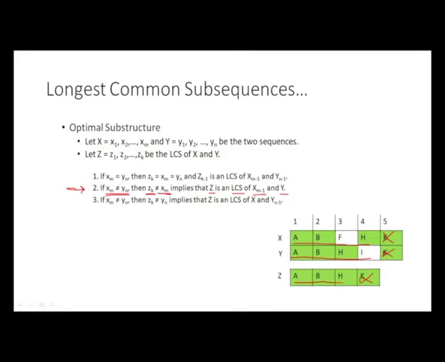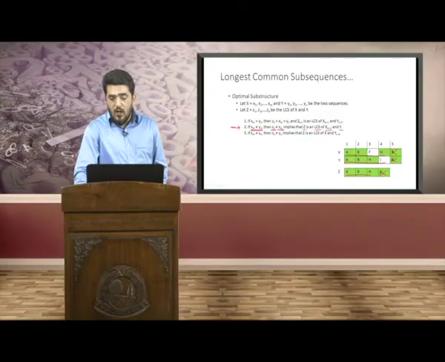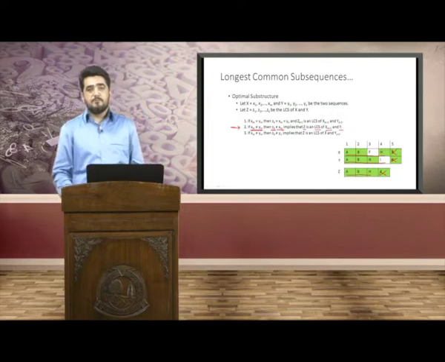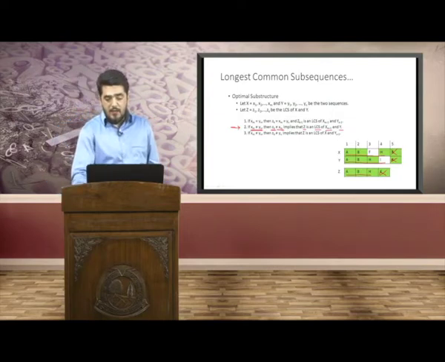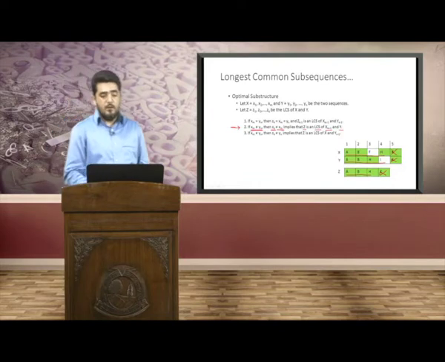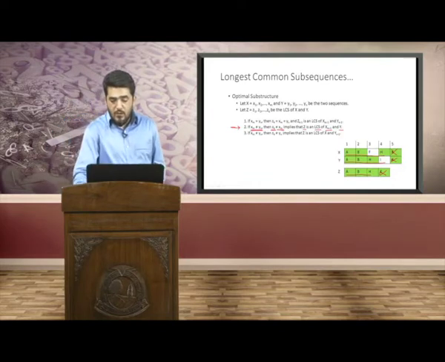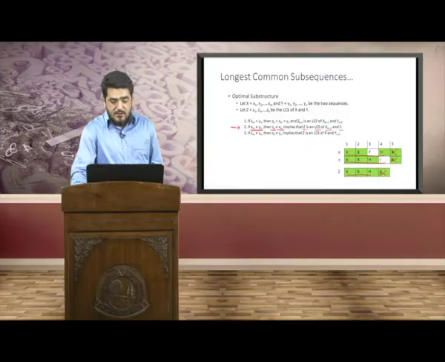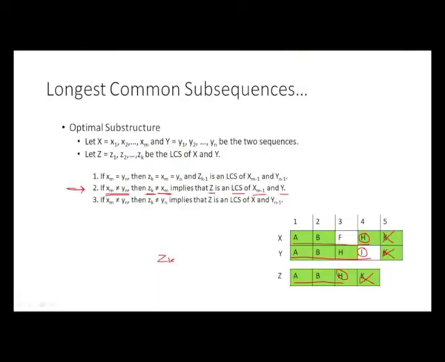Now the case here is the last characters of both these strings do not match, okay, and zk is not, let's suppose, equal to yn. Okay. So here, since zk is not equal to yn, okay,